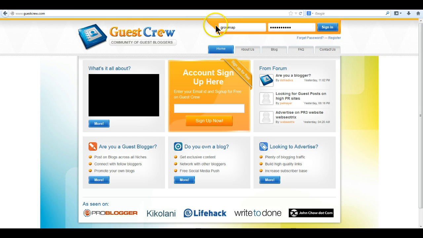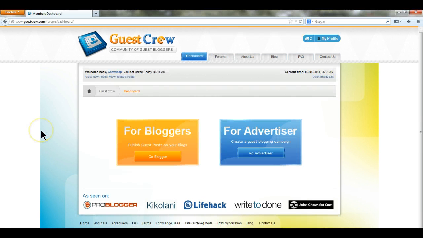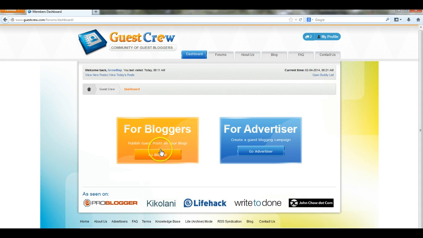Now you can return to guestcrew.com, enter your username and your password, and click Sign In. Signing in takes you to your dashboard. If you're an advertiser, meaning that you wish to pay bloggers to publish content for you, click the blue Go Advertiser button. If you're a blogger interested in having someone provide content to you or pay you to write content for them and publish it on your blog or any blog that you have access to publish on,